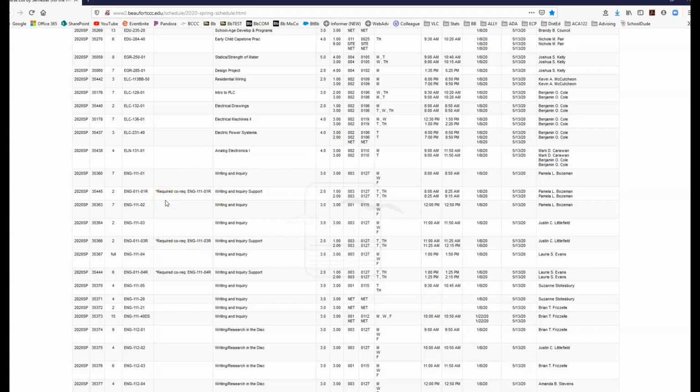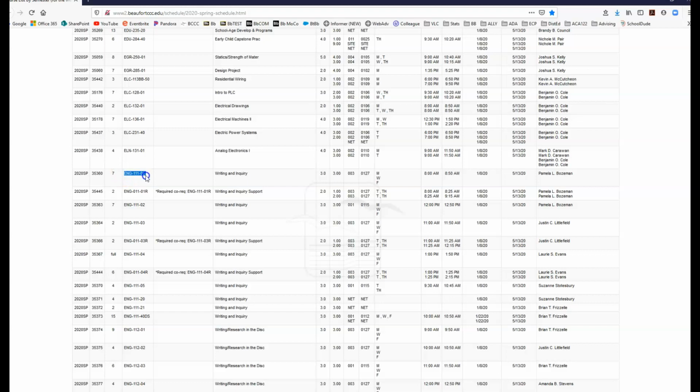These are the courses. When you go to the class schedule, this is what Beaufort is offering this semester. It gives you how many seats are remaining. It gives you the course name, how many hours it is. It gives you the course meeting dates and times and the instructor. So you can see here that